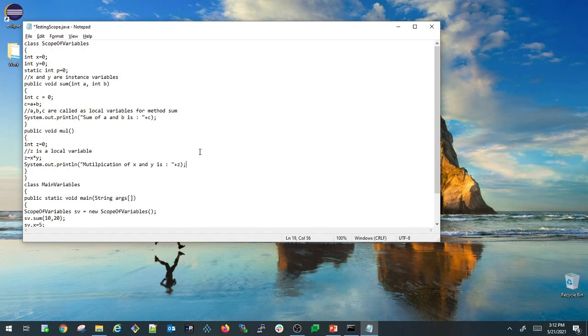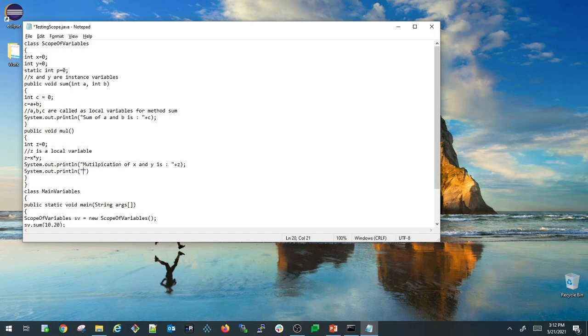Inside the mul method I'm printing the class variable p also here, System.out.println, "class variable value is", and I'm just printing that variable p. I have written this print statement inside the mul method.